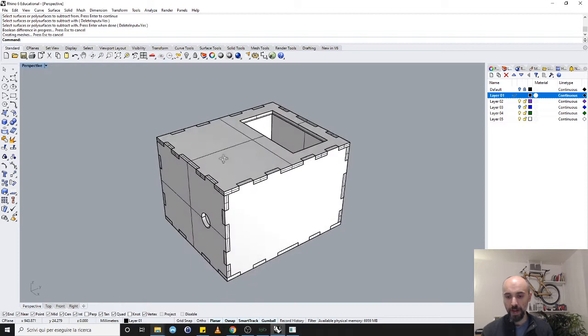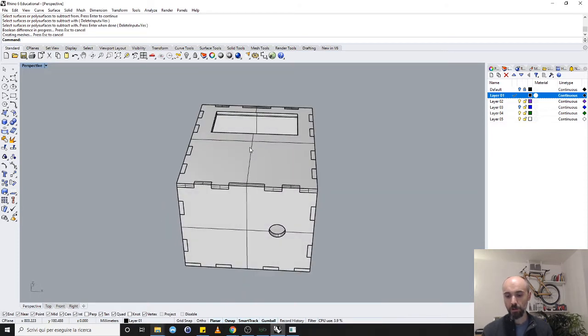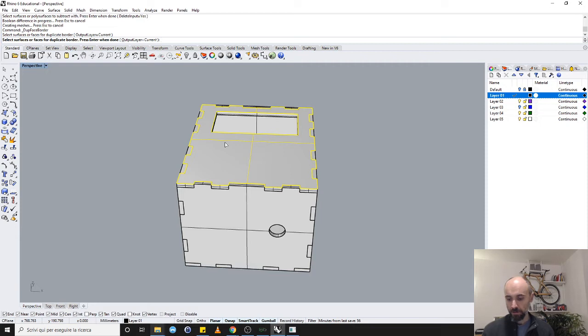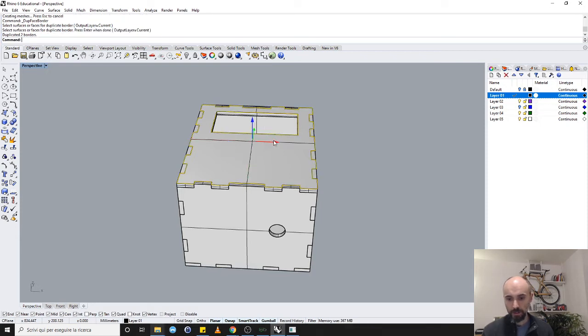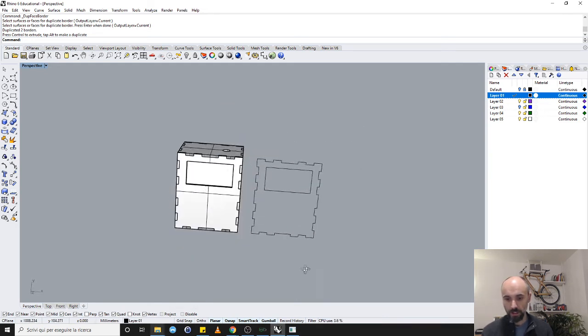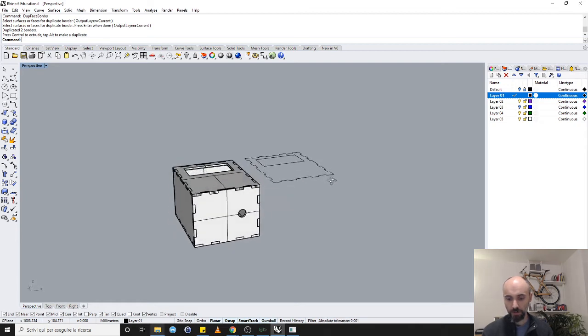Now, how can we get back the curves to create these objects here? Well, it's pretty simple. In Rhino you can extract curves from objects, and you extract curves in different ways. You have the edge, the borders of a face, the borders of a mesh. If we do this, what we get is actually the curve with the hole that we cut. Now you see that this is not, of course, on zero level, but it's aligned with this face, but it's not a big deal. Same thing if we do it for this,